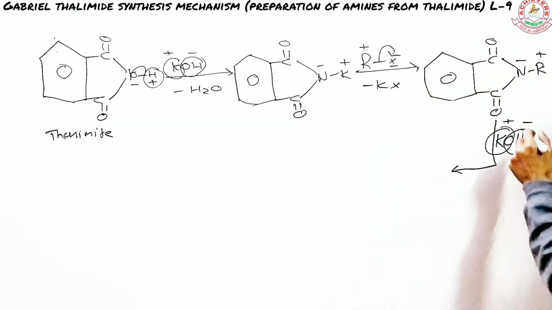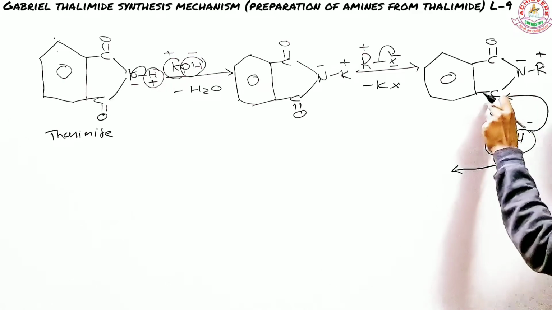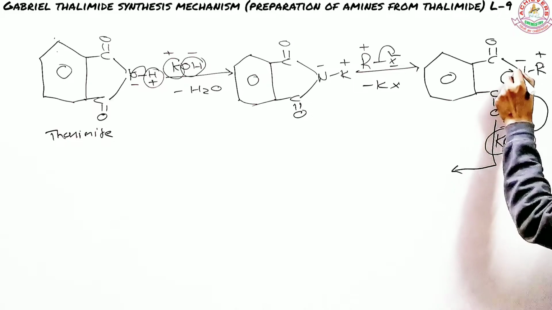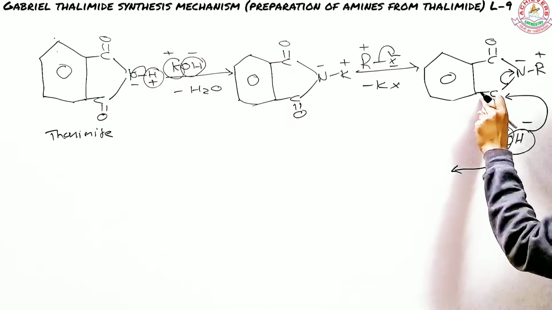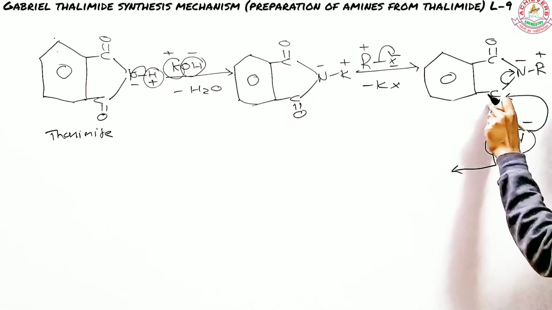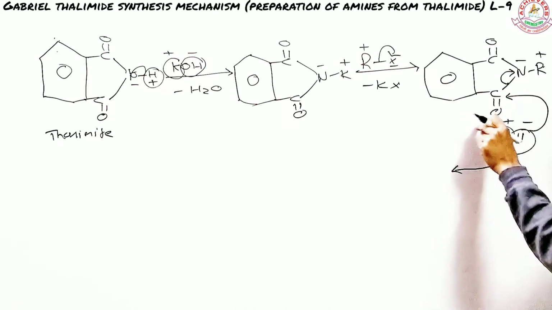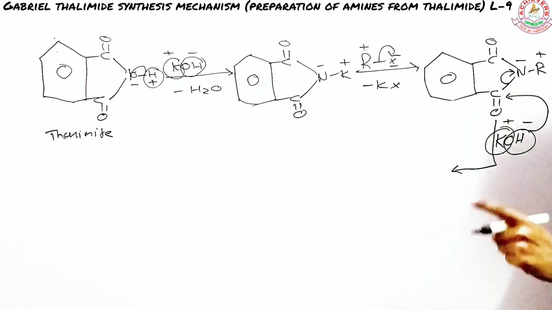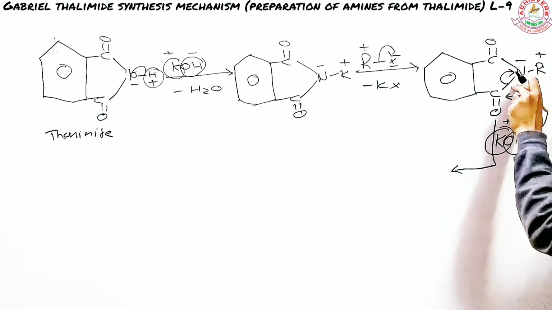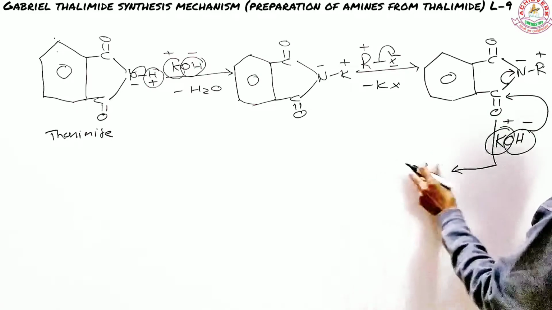So what will happen? This OH will interact with the carbon, but this will only happen when the bond between carbon and nitrogen is broken. You might ask, why not this bond? This bond has a partial double bond character, so this will not break. This bond may break because it is a weak bond, but it will result in back bonding, so the double bond will be restored. I am not putting you through a lot of burden, I am just taking you the straight way. So this bond will break and OH will attach to the carbon. So what will happen here? This is what happened.